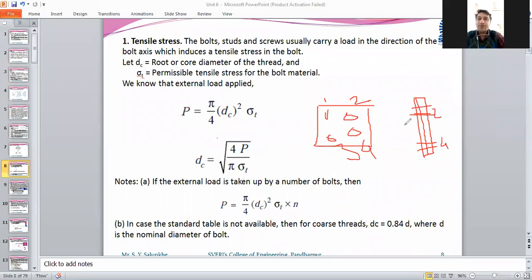So these 4 bolts are going to sustain the load which is applied, external load P or W which is applied, we can say, will be sustained by these 4 bolts. That's why the load carrying capacity will get increased, and in that case, this diameter will maybe decrease. So this formula is rewritten only by multiplying the number of bolts which you are going to use to sustain the same amount of load. Okay. This is the first thing which we have to note here while you are going to implement this formula.